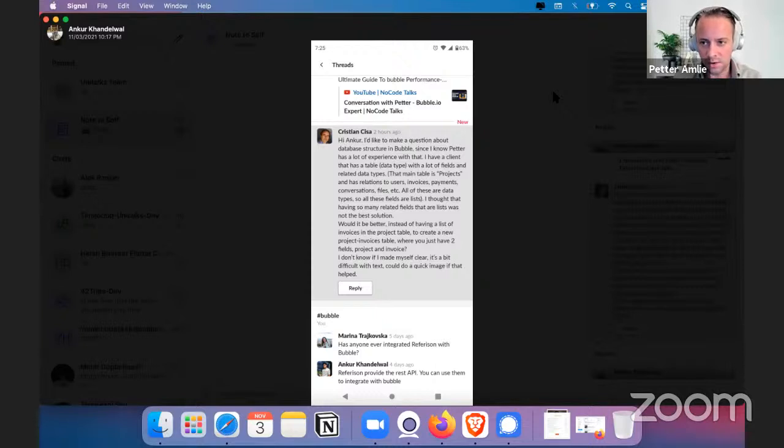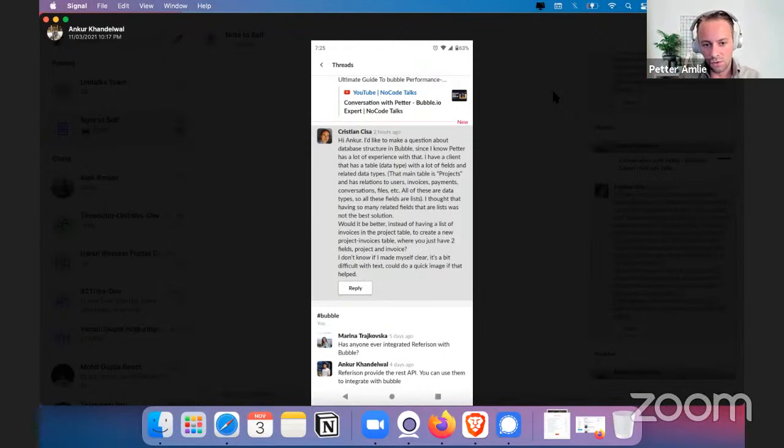What I would suggest, there may be some scenario here that I'm missing, but you have a project, and the way I see this, an invoice could be related to one or several projects. I'm not sure. So I would probably see it the other way around, so that an invoice is linked to a project. So instead of reading a list of invoices on the project that's saved on a project, I would perform a search for invoices that has this project as a parent.